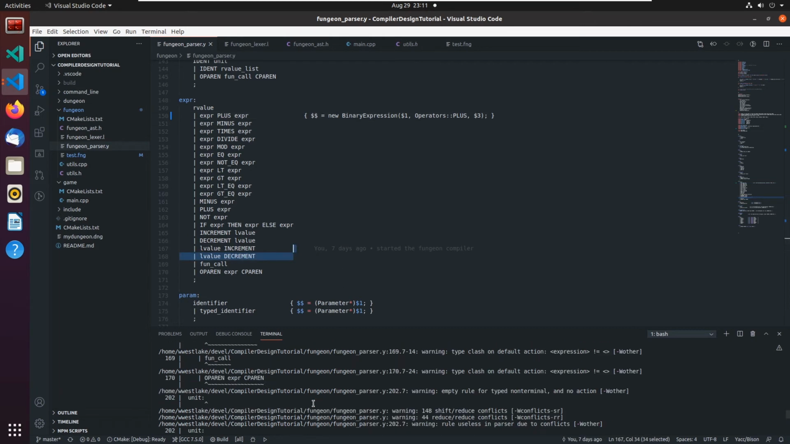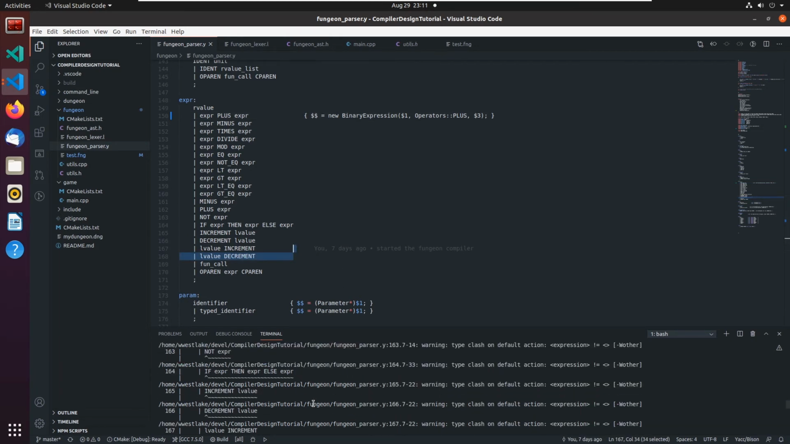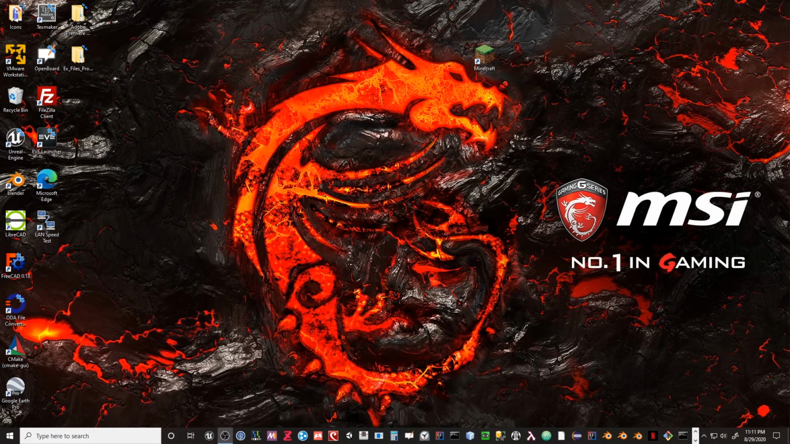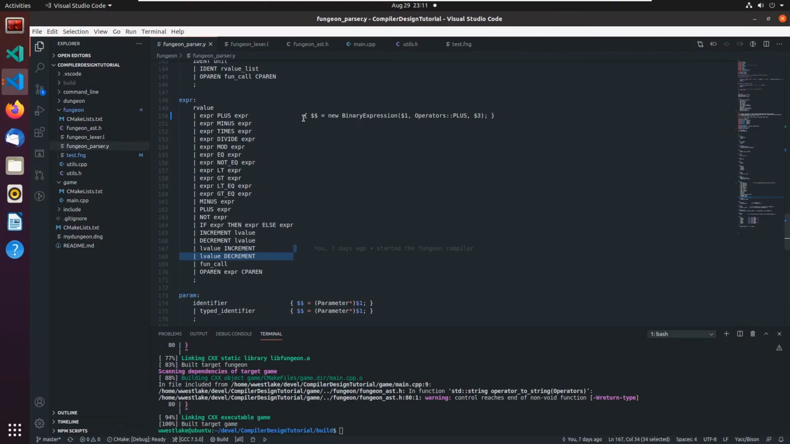Compiled. We got a few warnings. We'll go back and clean those up. A lot of these warnings are just because we're not finished with our compiler. Let me check the time real quick. Oh, we're at 21 minutes. We'll go a few more minutes here, and I'll quickly